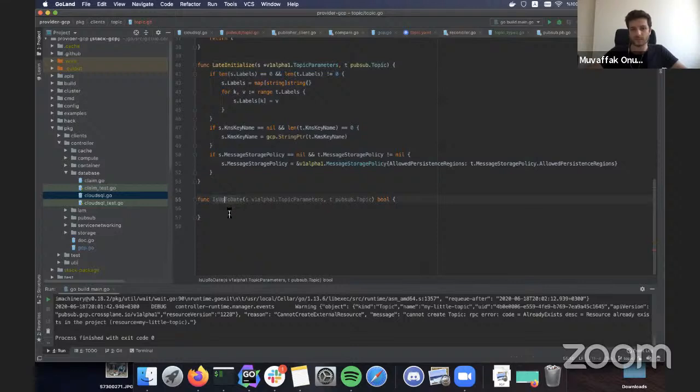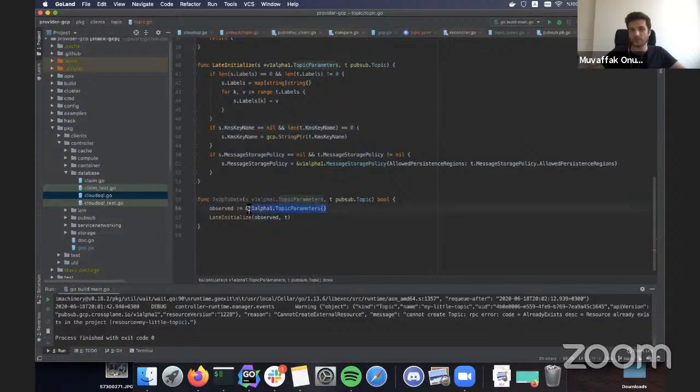So basically we will observe; it will be an empty parameters. When we call late init with observe, since this is all empty, all these ifs will be true and they will be assigned to the parameters.